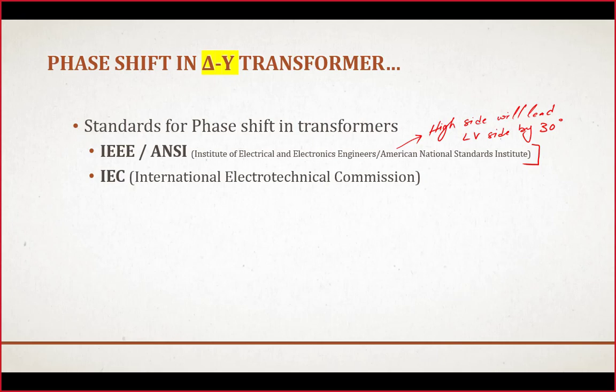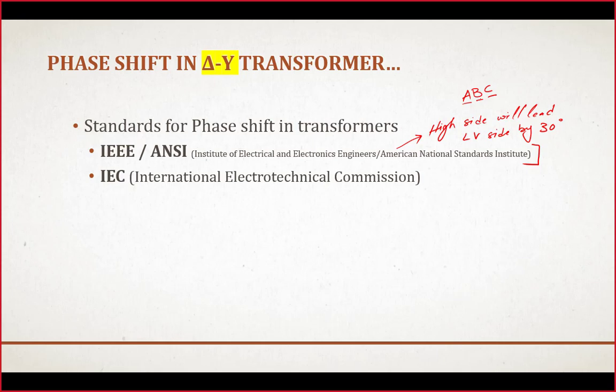So that lead exists between phase voltages and between the line voltage of two sides. Similarly, between the phase currents, between the line currents of the two sides. And that is true only for this phase sequence A, B, C. I mean the second phase is lagging behind the first phase and third phase is lagging behind the second phase. So this is how phase angle is defined.